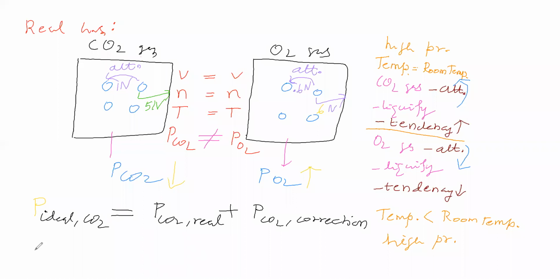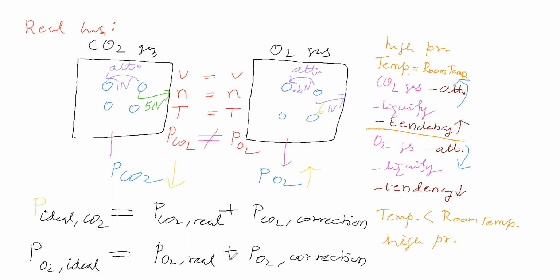Okay. Next, we will assume that oxygen gas is having ideal behavior. Practically, oxygen gas is a real gas, so since it is a real gas, pressure correction will be there. That correction we will consider. The relation is: ideal gas pressure equals real gas pressure plus pressure correction. That is for carbon dioxide. Then ideal gas pressure is equal to real gas pressure plus pressure correction. That is for oxygen gas.